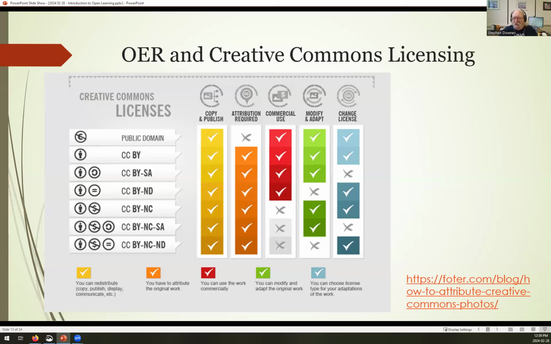Some people, and I include myself among them, are really happy with people reusing the stuff, but they don't want people turning around and selling it to other people. So they attach an NC, or non-commercial, condition, and all of my content is licensed with the NC condition. Anybody can use it for whatever they want, but you can't turn around and sell it to people.